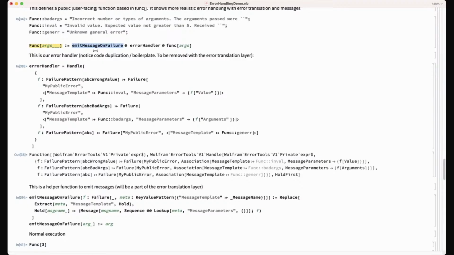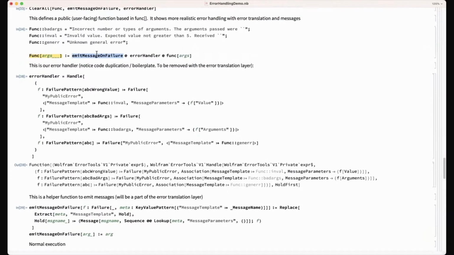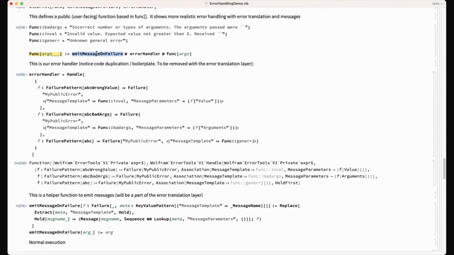This will be a part of the error translation layer. I mean, what does an error translation layer look like? So I mean, that's part of handle. Handle is going to do error translation. Is that correct? What we would rather do is to not overload handle too much, but maybe you're right.